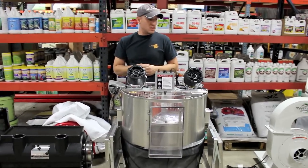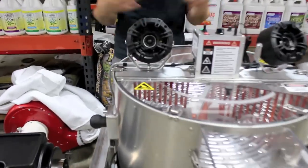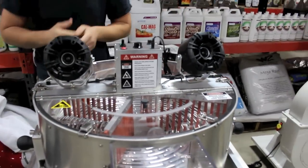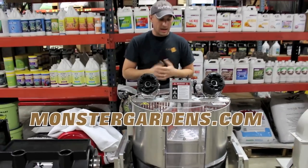Now let's talk about some things that one trimmer might have that the other trimmer doesn't. Speakers. These guys actually gave you speakers. You know, it might not be a hot topic. You might have a really cool stereo in your garden or in your trimming area, but if you don't, here's a really cool feature that they added to this unit that you can rock out while you're trimming your